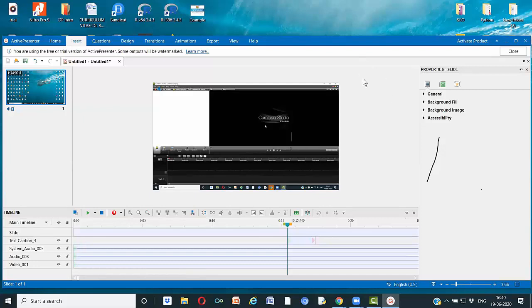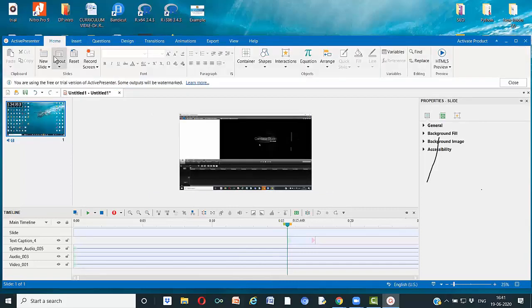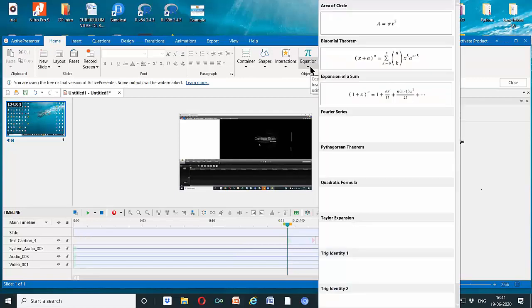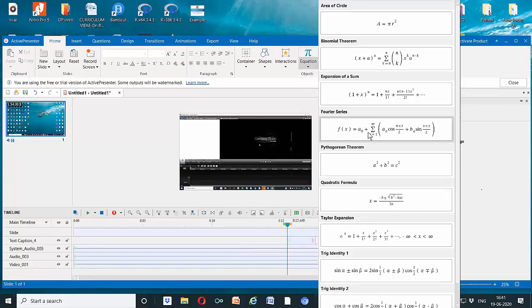Fine. Now, whatever I recorded from the morning, this session, everything, I got it recorded and I kept it here. Now you can see you have a home button, a new slide, text, and record screen. If you want to do text manipulation, you have upper size, lower size, font, everything. In addition to that, you can write formulas here, very well, while editing itself.